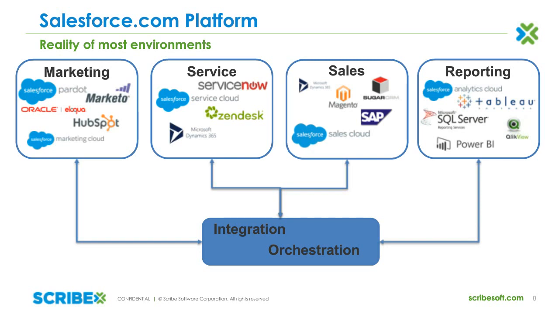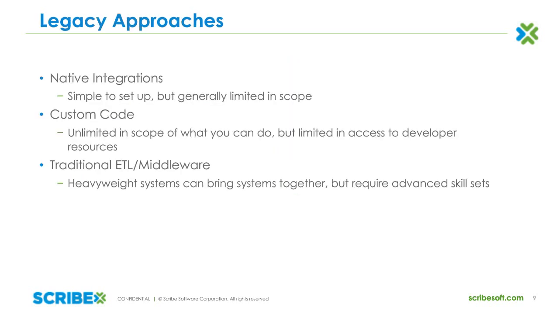So how should you approach integration, and what are some ways to do it? A few legacy approaches, before we start to talk about iPaaS, we'll cover some legacy approaches, and those are things like native integrations. A native integration is just that, an out-of-the-box integration. So you buy a cloud application, and you say, I need it to talk to this other thing that I have. And so this is really pre-built, and it's very simple to set up, which is awesome, but generally it's